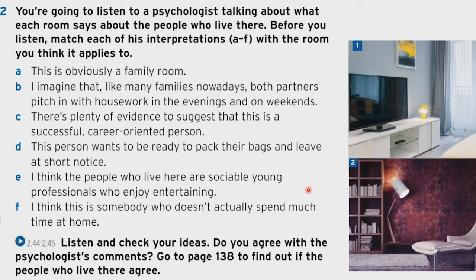Track 2.45. Room 2. This one's more difficult to guess because there are very few clues here about the type of person who lives in it. I think it's a man because there are hardly any personal objects on display. For instance, there aren't any family pictures around the place. There's plenty of evidence to suggest that a successful career person lives here. There is a stylish leather and chrome armchair, which is probably Italian design and worth a lot of money. Whoever lives here certainly has good taste, which may indicate that this person works in a creative field, such as